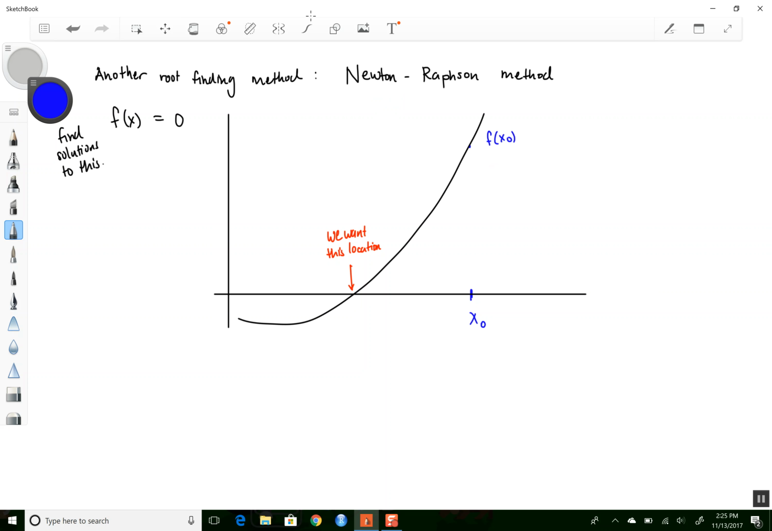And then what we do is we draw a tangent line. What does a tangent line look like here? So I draw a tangent line to the curve at f of x0. And where the tangent line crosses this spot right here,